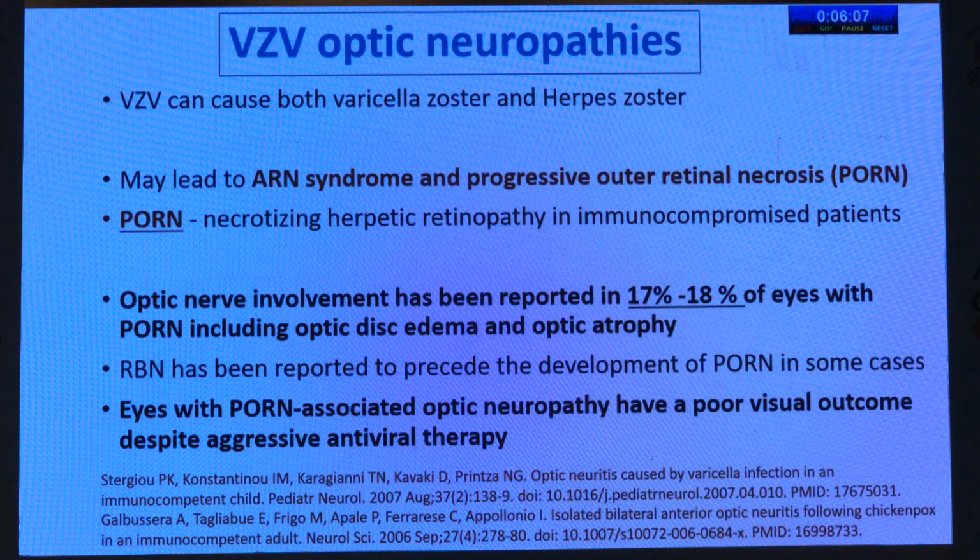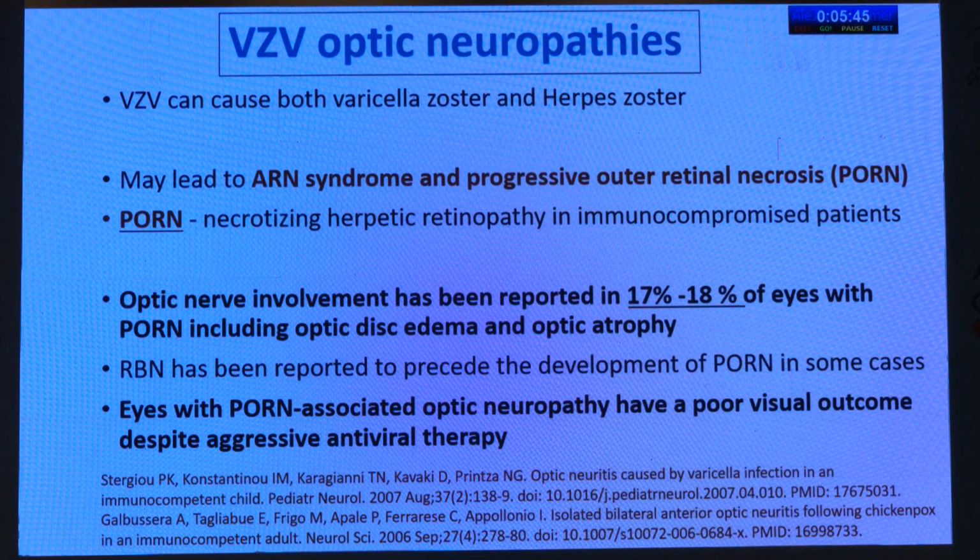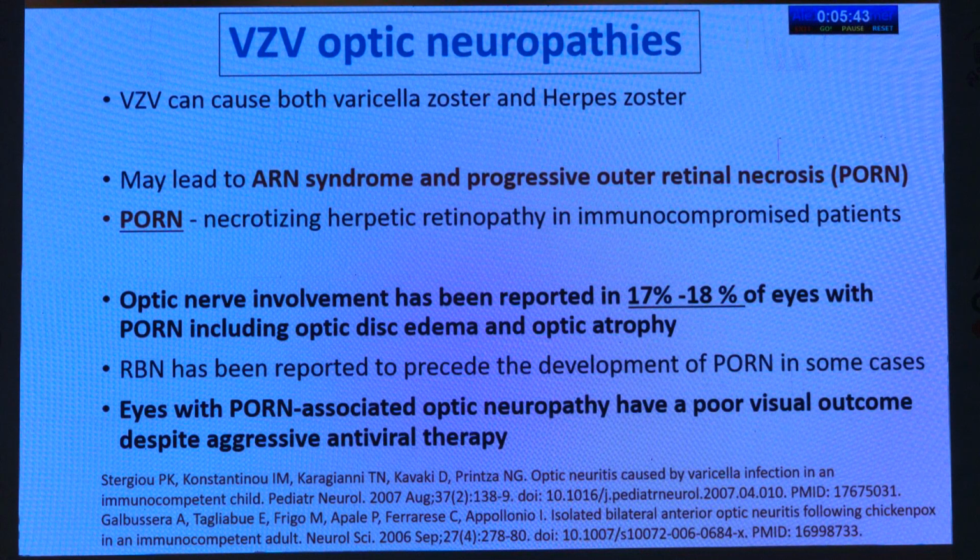Next is the varicella zoster associated optic neuropathies. Varicella zoster can cause both varicella and herpes zoster and may lead to acute retinal necrosis syndrome as well as progressive outer retinal necrosis. The optic nerve involvement has been reported in 17 to 18% of eyes with progressive outer retinal necrosis, and the eyes with progressive outer retinal necrosis associated optic neuropathy have a poor visual outcome despite being treated aggressively with the